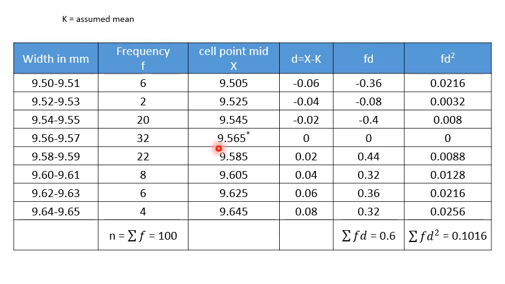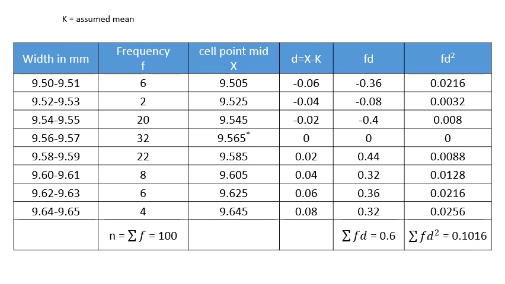So in this question we assume that k is equal to 9.565. We can assume whatever value we want, but here we assume this. You can assume this one also, but here we assume this. So our d is equal to x minus k. So this is the value of d. Now next we calculate f into d, f multiplied by d, so we get this value and summation fd. Next we have to calculate f into d square, so we calculate fd square and we get this summation fd square is equal to